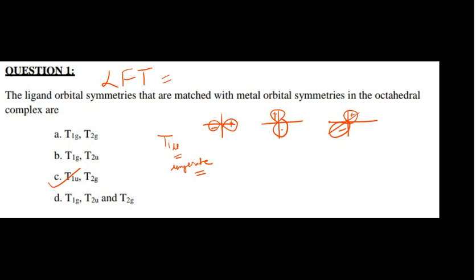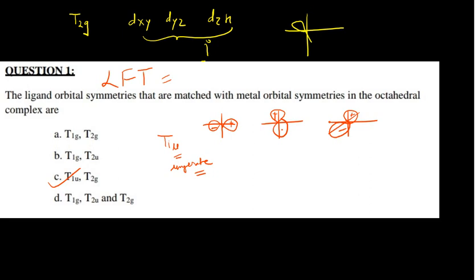And when I am saying the T2g orbitals, T2g orbital means dxy, dyz and dzx. They all have a center of symmetry, that is i. So quickly you can see here, say this is your dxy. So this is plus, this is plus, this is minus, this is minus. If you move from here to here, you find the positive, and again you find the negative. They have the center of symmetry in that case.